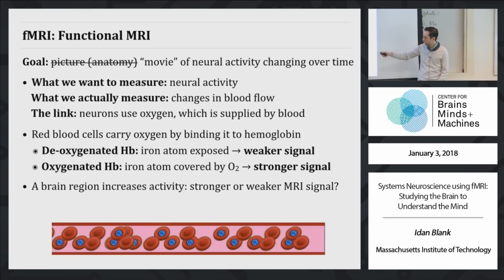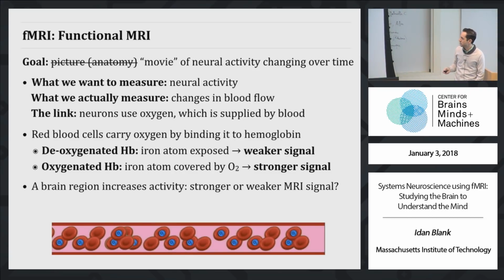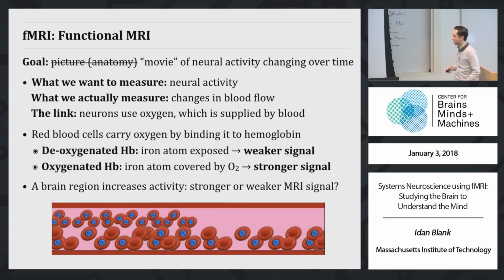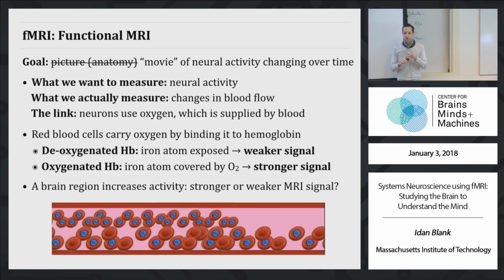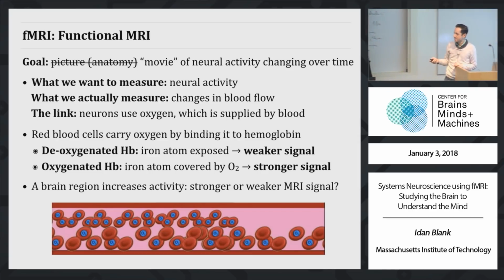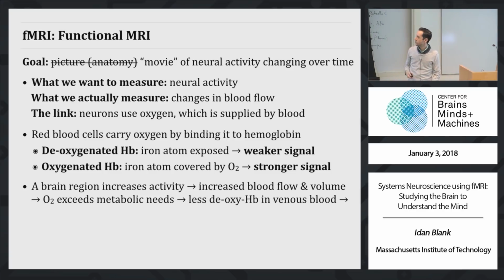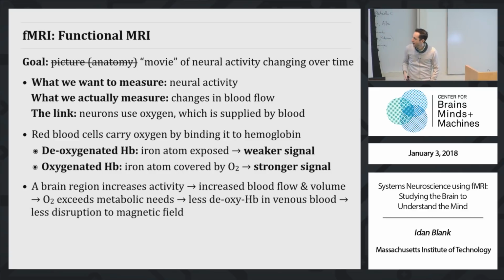So for example, red blood cells with the blue O2 in the center are those that have oxygen bound to them. And so when a region is active, what happens is that you have vasodilation, so the blood vessels get wider, and you get more blood flow and more blood volume, and you get much more oxygen than the region actually needs. All right. And so that means that because the O2 exceeds the metabolic needs, we have less deoxyhemoglobin in the venous blood. Of course, everything here is in the veins, because the arteries always have oxygen in them going to all of the brain regions. And so we have less disruption to the magnetic field